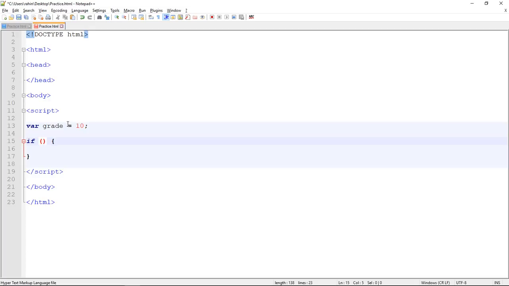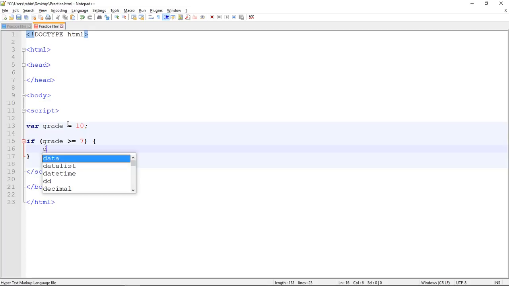Now, what are we going to place inside of these parentheses? Here is where we place our comparison. Let's say that our passing grade is 7. So I want to know if grade is storing a value that is greater or equal to 7, right? And then we make a little bit of indentation here, 1 2 3 4,